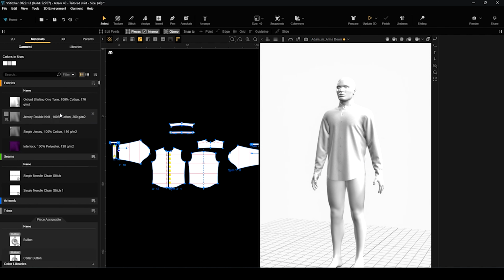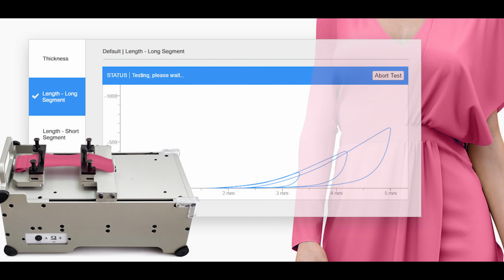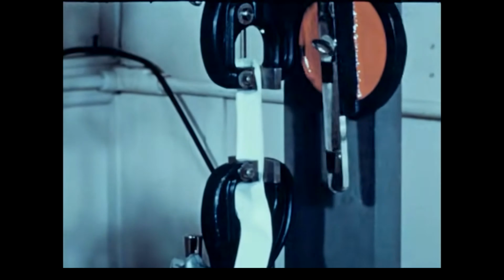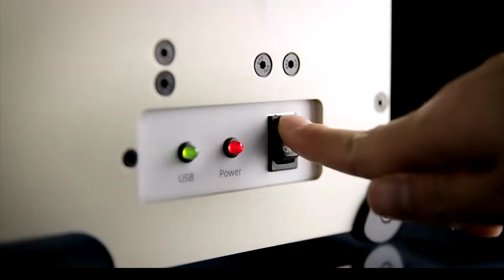Before we start applying any sorts of fabrics, I do want to go over just a nice understanding of what a digital fabric is. Now, there are 2 parts to a digital fabric that you need to understand. The first part is going to be the physics of the fabric. Just like fabric in real life, our digital fabrics have stretch, they have bend, they have weight,